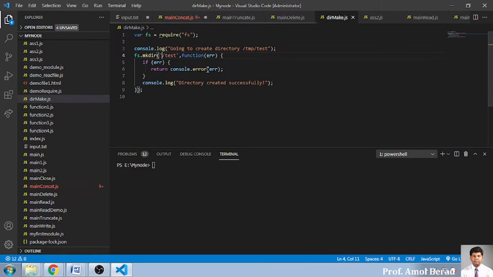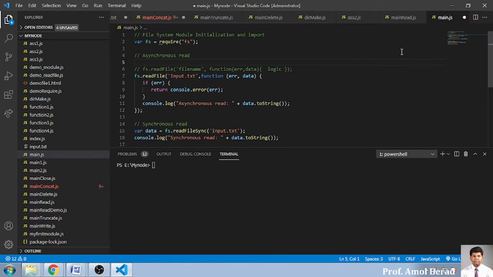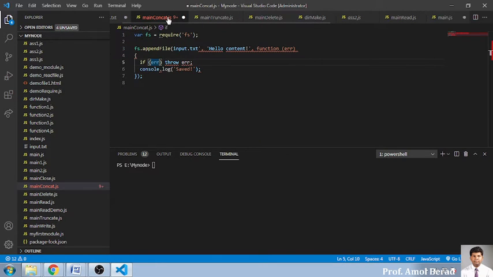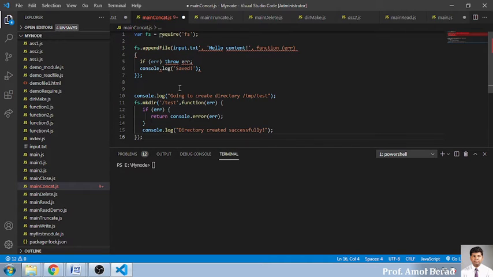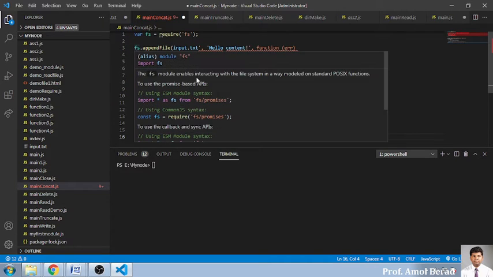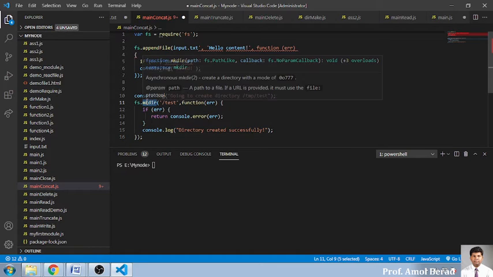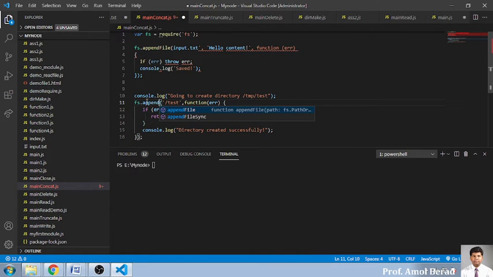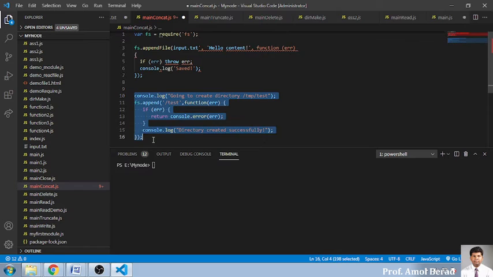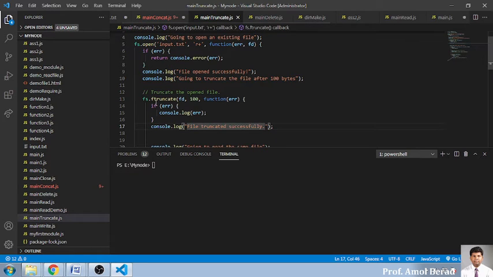One second, I just want to hit the directory. So the append function will be appending the file. One second, let us call the truncate function itself.